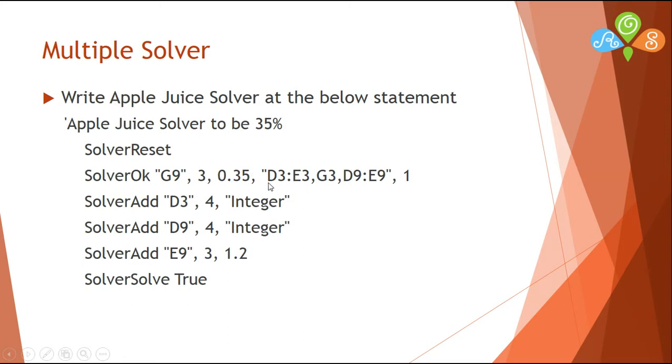And this is the range to be changed. So this is the whole range to be changed, and I use engine 1. It's the default engine 1. We have engine 2 and 3 as well. So we take engine 1 first,